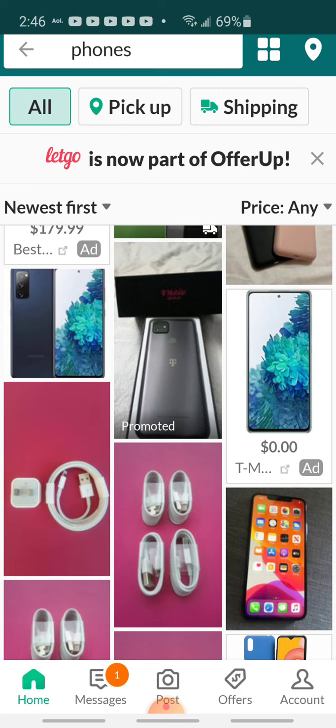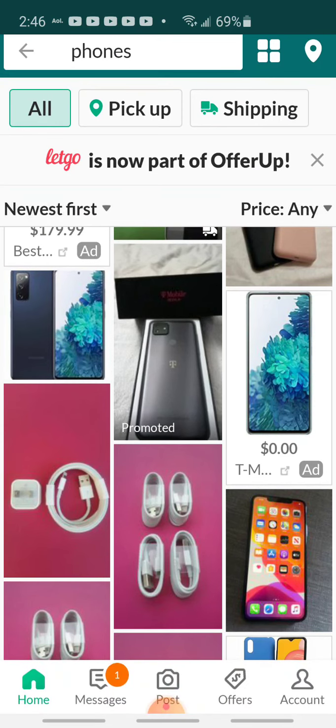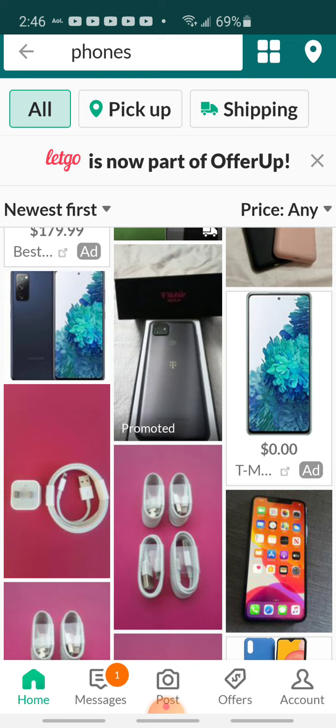So here's what I thought I was being smart. It was a couple years ago, and it was a Galaxy S9, Galaxy S9 Plus, and they had just come out, and there was one on Letgo for sale. Well, I can't remember if it was Letgo or Craigslist, to be honest with you. But I bought it from someone locally, and I told them to meet me at